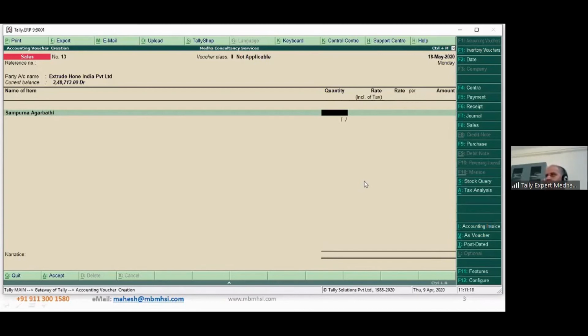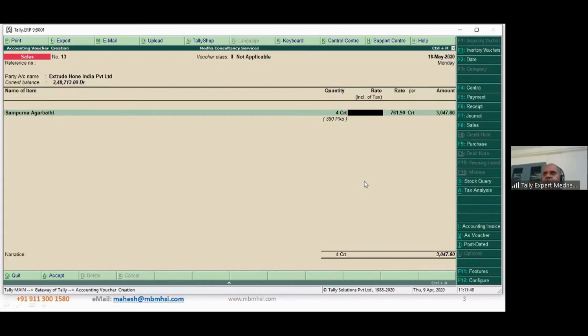I don't need 4 cartons because I can't use it. So what you could also do is say 350 packs. In the quantity, you could also specify the alternate unit. If you specify the alternate unit as packs, whatever unit of measure you have given, and click enter, see here, it is consuming 4 cartons, but actually it is saying 350 packs.